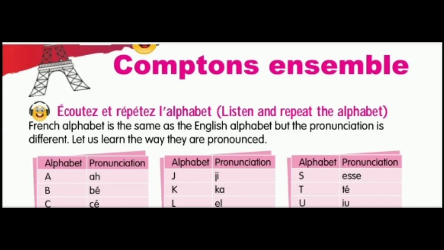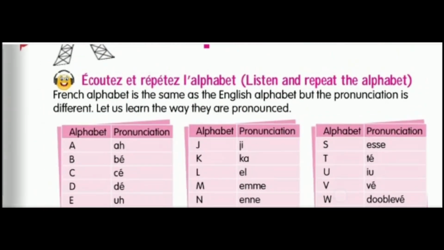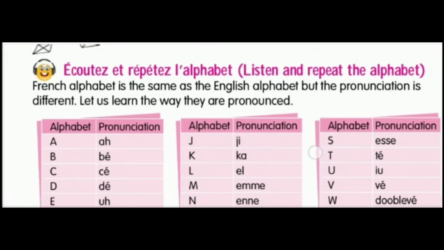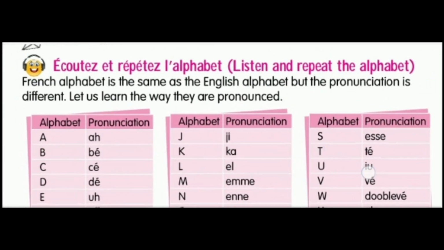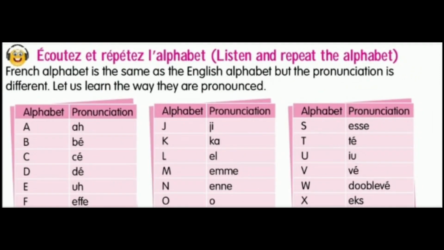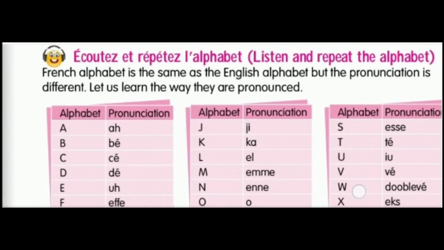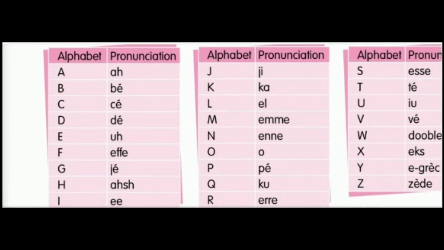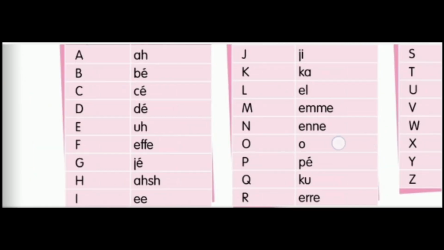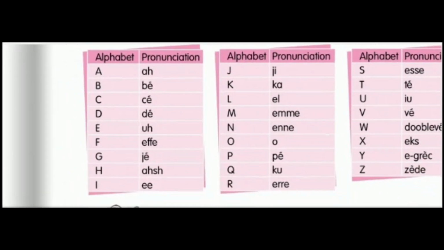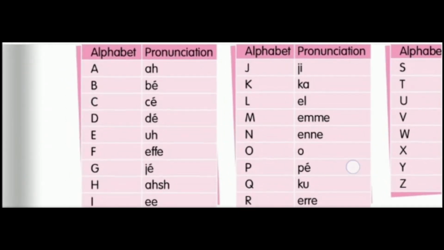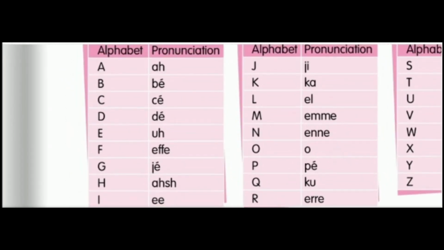Now, coming to the first segment, here we have the French alphabets and there is a short note written for us: the French alphabet is the same as the English alphabet but the pronunciation is different. Let us learn the way they are pronounced. First, do remember that I am going to tell you in English and then I'll read the pronunciation in French. Here, going on to the first table, we have A as A, B as B, C, say, D, day,